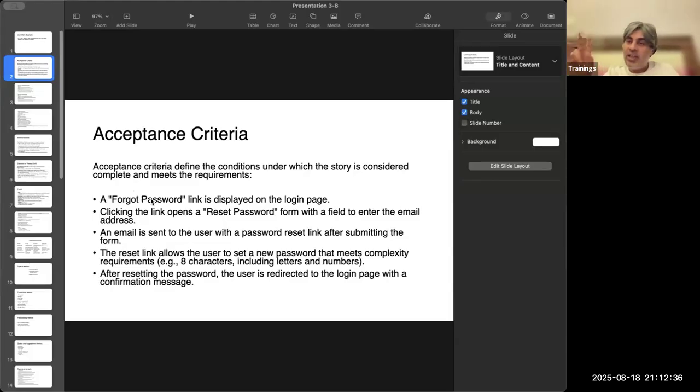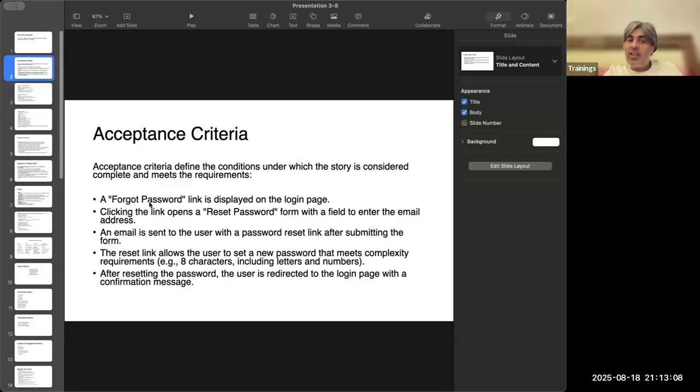That is first. Second is these are the business rules. What does the business expect from that particular functionality? So the password reset functionality, what is it that the business wants from you? So business is represented by the product owner. Every team will have a product owner that will be the client to you. For developers and testers, who is the client? PO is the client.